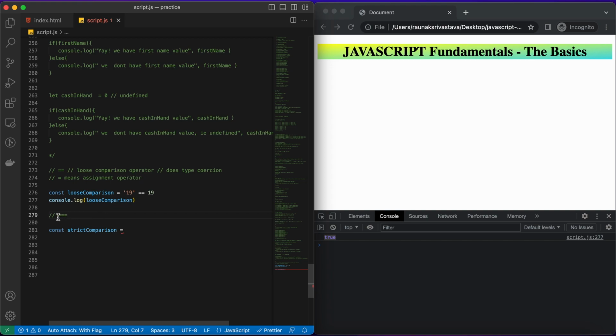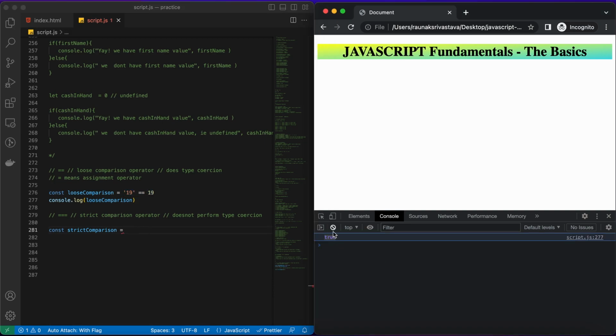We use triple equals to for strict comparison, and what it does is it does not perform the type conversion if we try to compare two values. So that means if we try to compare the same thing here,